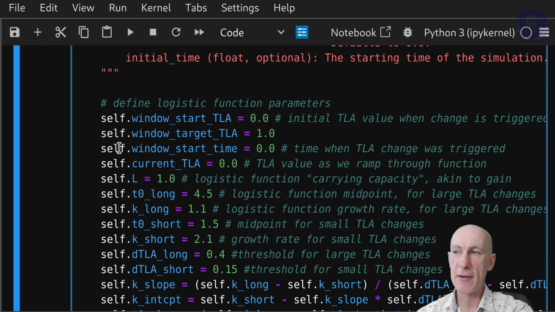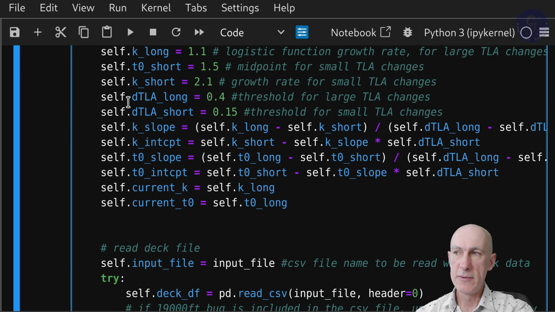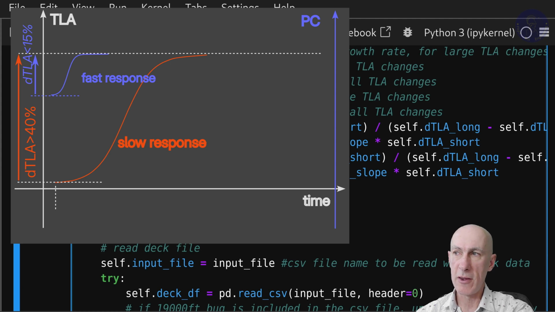We also define a variable here called window start time, which is the time that we are going to start computing the window for the logistic function. The current time is going to keep track of what is the current time that we are calculating. L, which is the carrying capacity that we talked about, is going to be fixed at 1. And here we have two sets of values, T0 long and K long, and T0 short and K short, which are the values that we saw in the curve before to give you a fast and a slow response for your engine. The delta TLA long and delta TLA short are the thresholds that we're going to use,